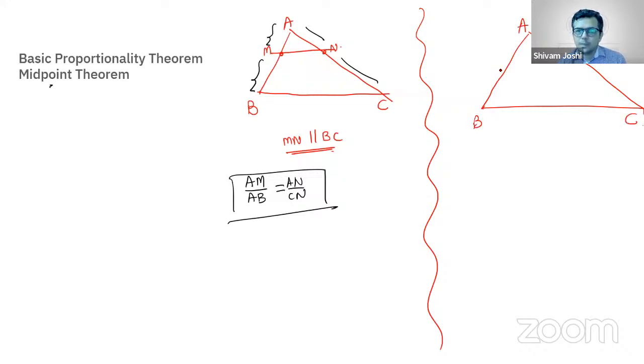Triangle ABC. M is the midpoint of AB. M is strictly a midpoint, and therefore these two parts are equal. N is a midpoint of BC, and P is a midpoint of AC. So all of these are midpoints only, correct? If you join these midpoints, suppose, let me join MP, right? If I join MP, which is nothing but midpoint to midpoint, right? So this MP,